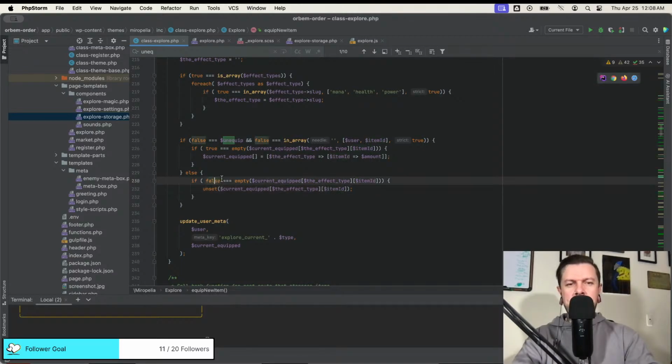Wait, so if false equals empty, boom, boom, correct. Now this is not a thing. Right. It's not. It's not a thing anymore. Now it's an array. No, wait. It is a thing. Because it's this, and then the item ID, and then that. So it should be able to go bop, and then bop is the amount.